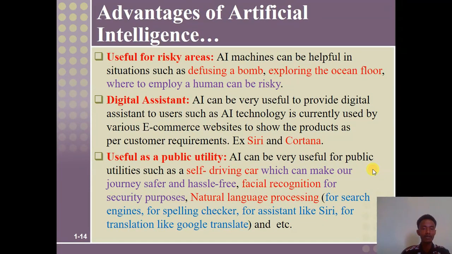Another one is that it is useful for risk areas. They are very useful for risk areas, especially the areas which are not comfortable for the human being to employ or to work there. So artificial intelligence plays a fundamental role. They can be helpful in situations like defusing bombs and exploration of the ocean floor, where it's very complex, maybe risky for the human being. In the areas where it's very risky for the human being, using artificial intelligence is very important. For example,